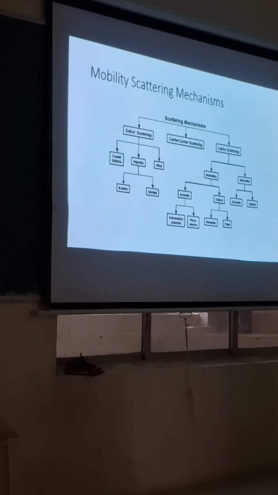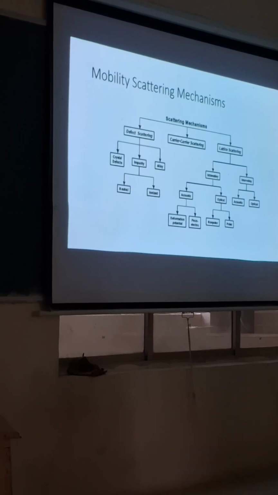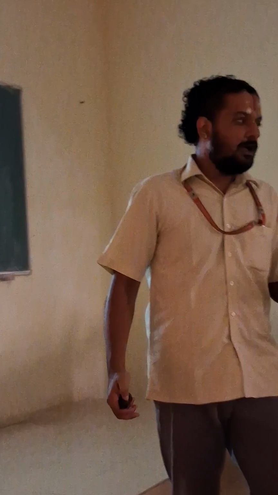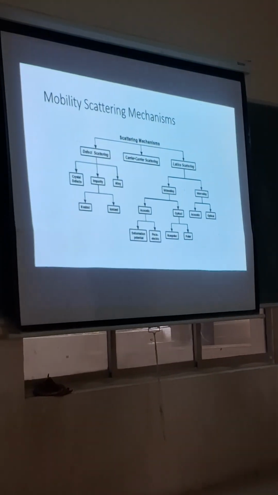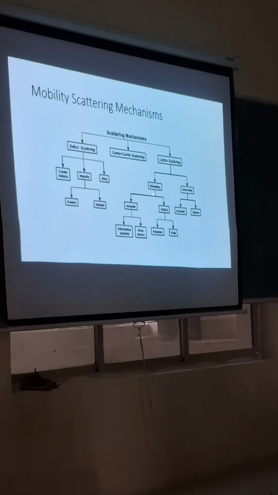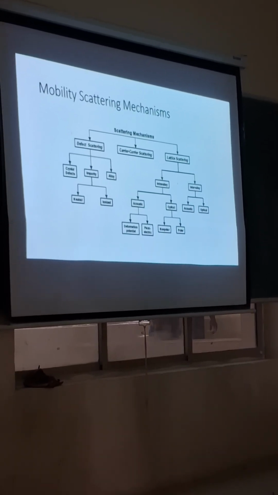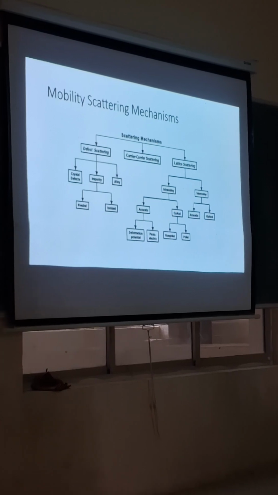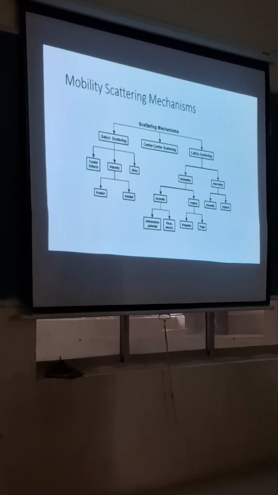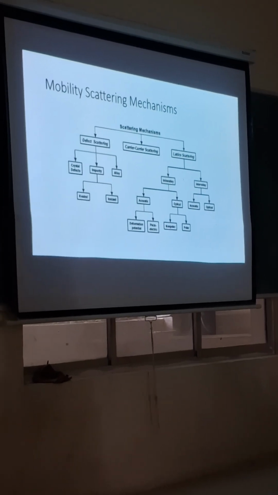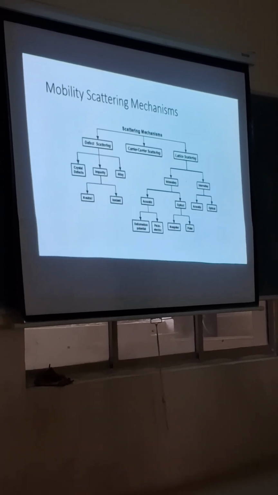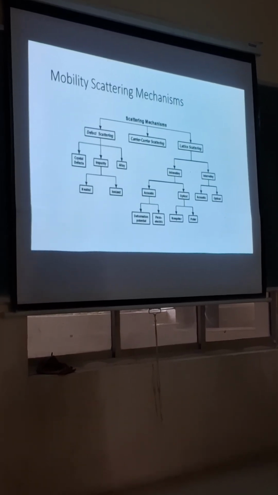Then we have the carrier-carrier interactions, where I have 10,000 electrons. These electrons are going to interact with each other. Those interactions are generally not modeled in classical and semi-classical model solvers. Then we have the lattice scattering. These are purely phonon-based scatterers. We have acoustic and optical phonons. What that means is the lattice vibration, if the frequency of the vibration is extremely high, we call it an optical phonon. It's going to interact with light. If the frequency of vibration is smaller, we call it acoustic phonons. These can be